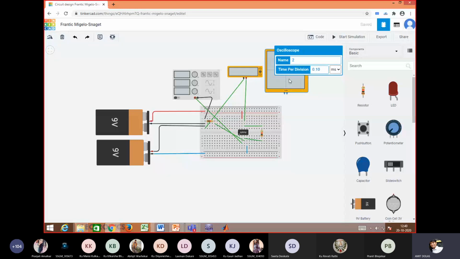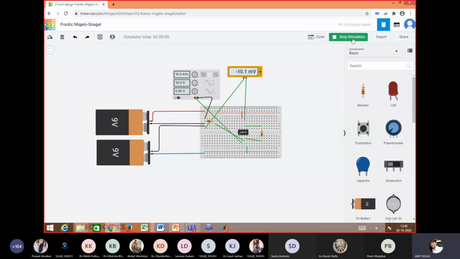Yeah. 10 millivolt is the output. Output is very less, minus 10 millivolt. And somewhere it is shorted. That means